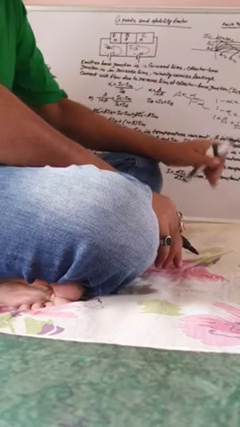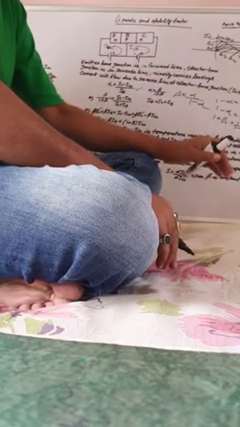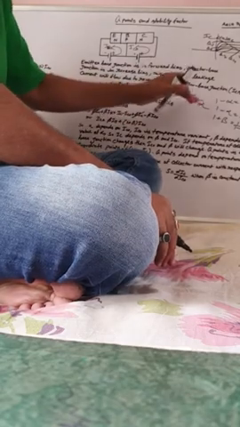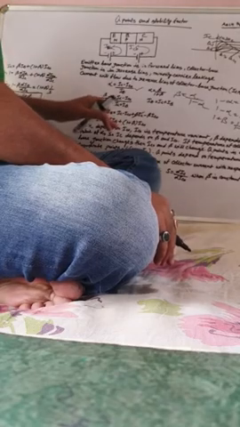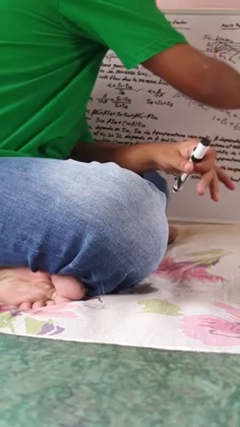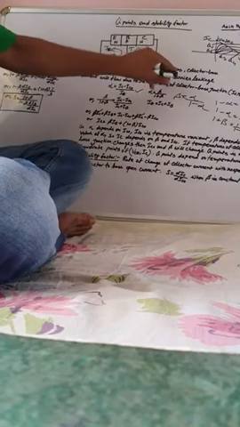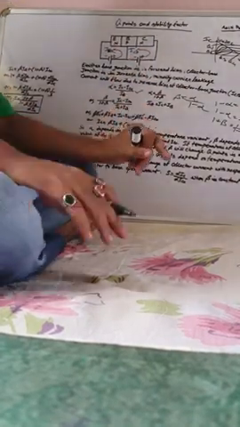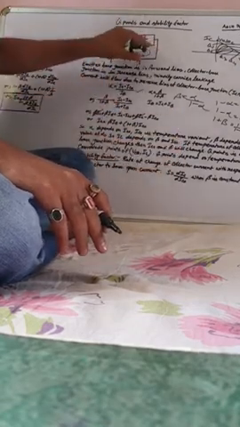So, if IC depends on beta and ICO, now if temperature changes, my number of minority carrier generation will be more. So minority carrier leakage current will become high. Alpha will change, beta will change. Beta depends on alpha. Alpha changes means beta changes. So IC, collector current, depends on beta and ICO both. So if IC changes, then Q point will be changed. Temperature changes means minority carrier leakage current will be changed due to the generation of more number of minority carriers in the collector base junction, which is reverse bias.